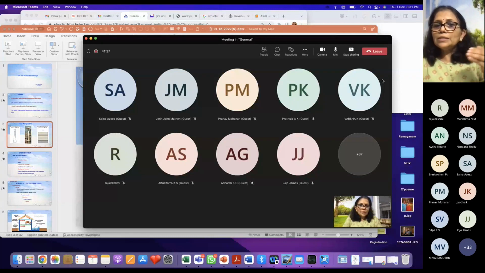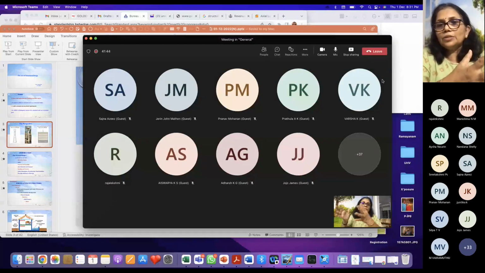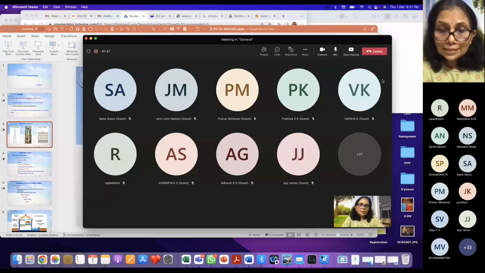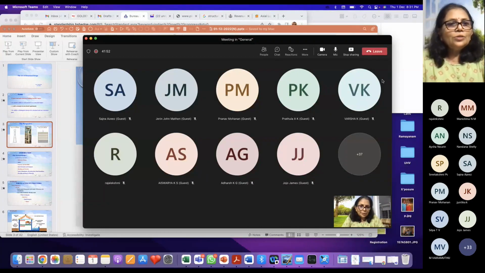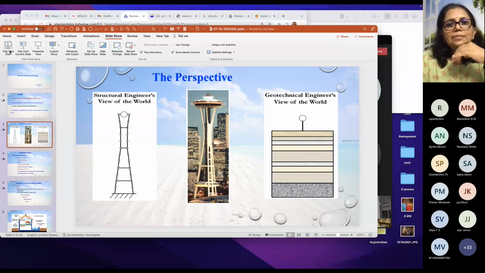So it is the perspective. They are feeling it and telling, oh, this is the elephant, because they can't see it. So even if people are seeing it, people have different perspectives. So coming to the perspectives, if you see this,